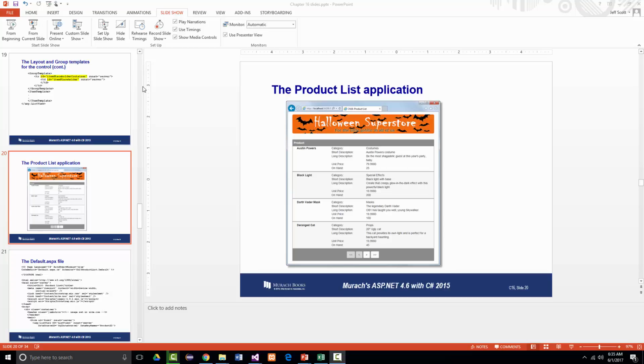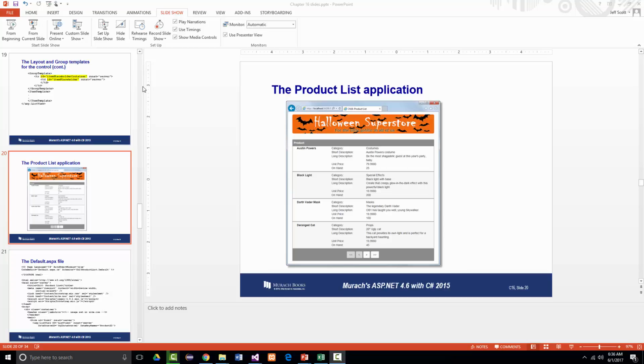This application uses the list view control to display a list of products. It is similar to the application that we looked at for Chapter 14, which used a grid view, and that was back on pages 500 and 501. But this one is supposed to start to show you the versatility of using the list view control. What you can see here is the first column contains the product name for each row